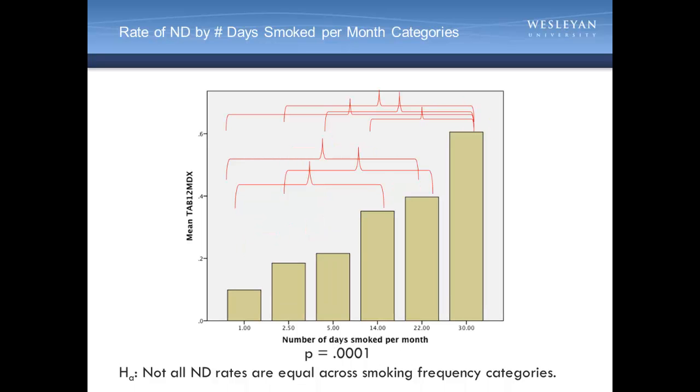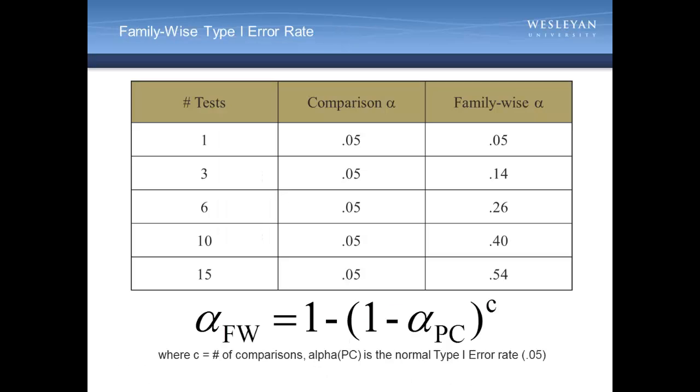Here are the remaining 7. As you can see, there are so many that it's actually difficult to illustrate this graphically. If you'll recall, the family-wise error rate for 15 different comparisons is 0.54. This means that if we do not protect against type 1 error, we will be wrongly rejecting the null hypothesis and saying that there is an association over half of the time. This gives us about a 50-50 chance of being right, which would obviously give us absolutely no confidence in our